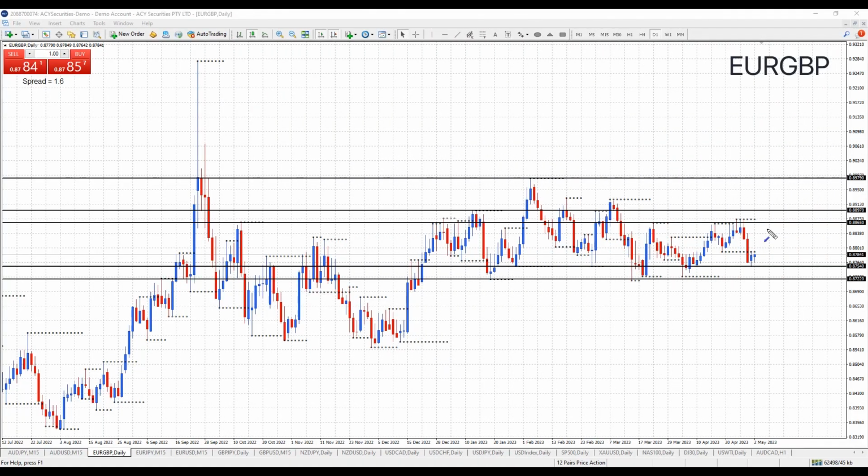Okay, onto Euro Pound. Now this fell perfectly at daily resistance, 88.65, holding to the range last week. Traded all the way back down to the bottom of the range in terms of day support at 87.54. We tested that level yesterday and it's already reversed on a daily basis. We could see a further test, but are we now moving up